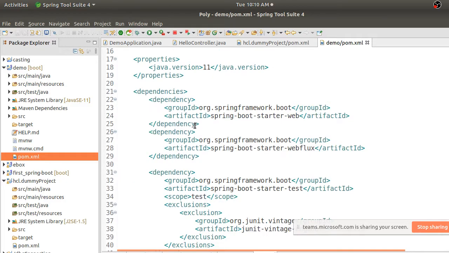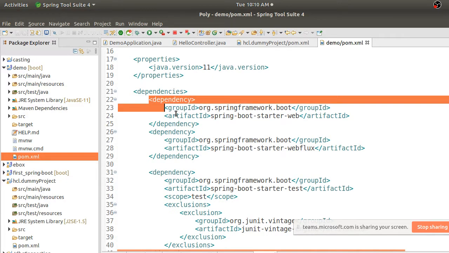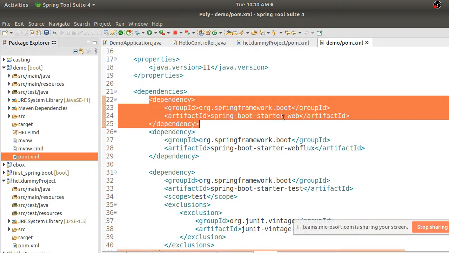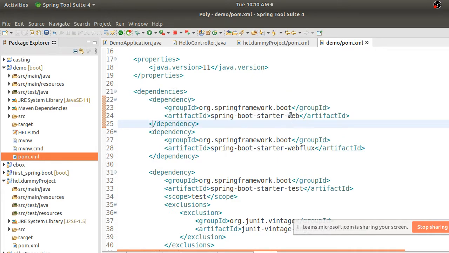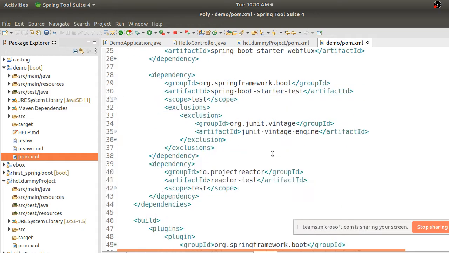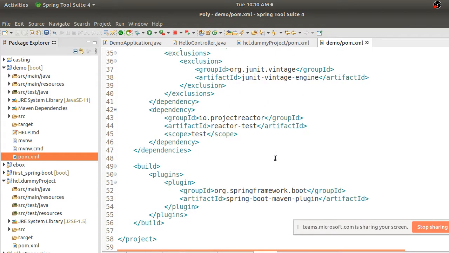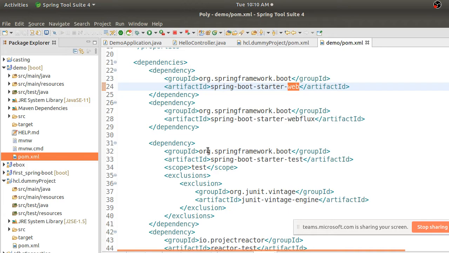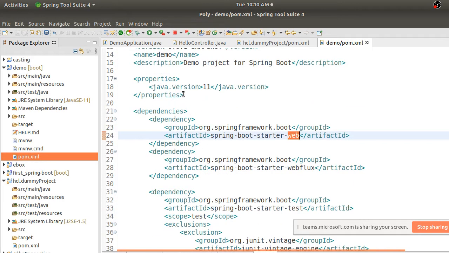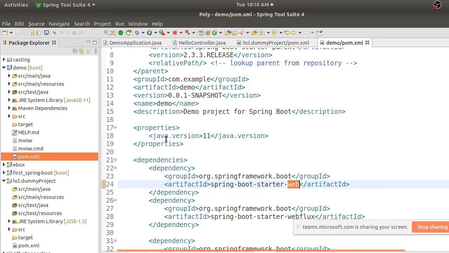And later on it added all the other dependencies, say web starter. Those are the two dependencies we added, right? One is starter web, and one more is, I think, reactive web or something. We added two dependencies in this particular demo, right? So it automatically added all the dependencies to your project. It is taking Java version also as 11 and everything, right?